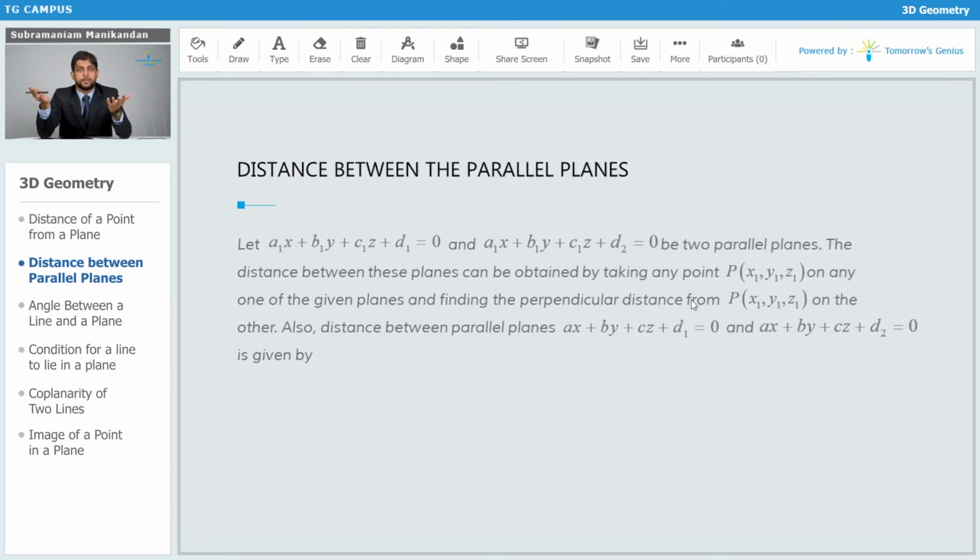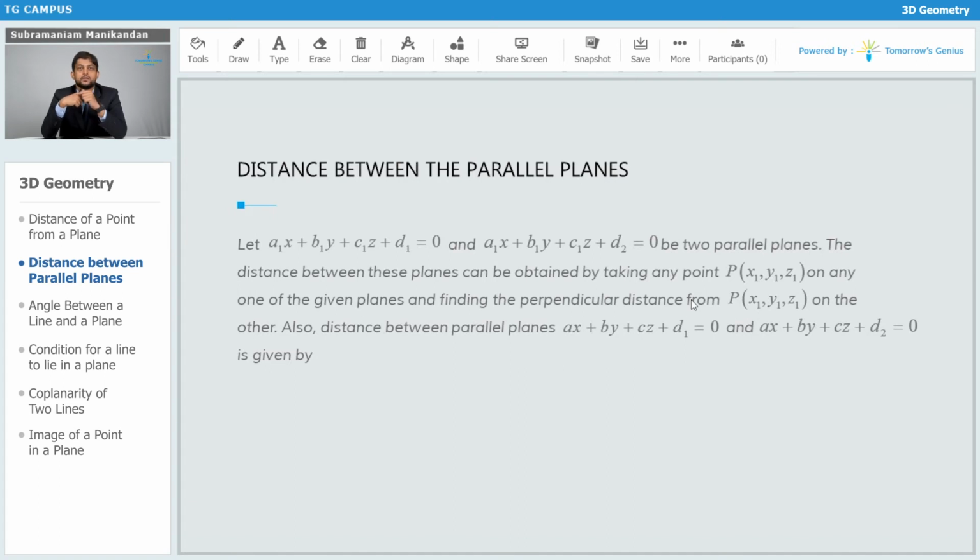about the same plane. The distance between these planes can be obtained by taking any point on any one of the given planes and finding the perpendicular distance from that point to the other. Suppose let's choose the point x1, y1, z1 on the first plane. So therefore from there we'll try to write the formula for the distance of the point from the second plane, and